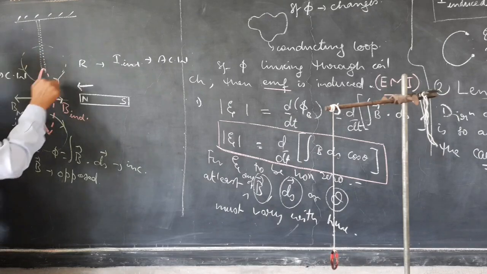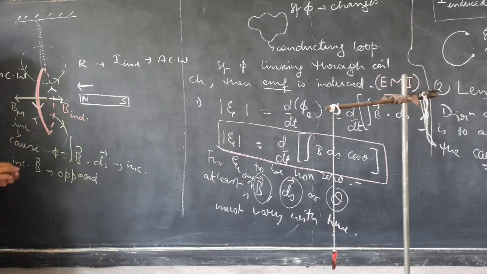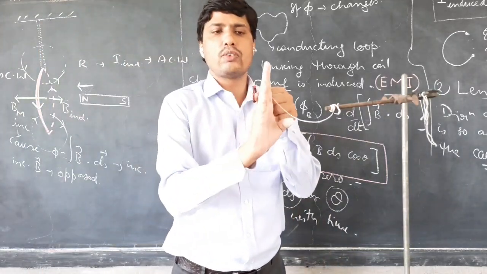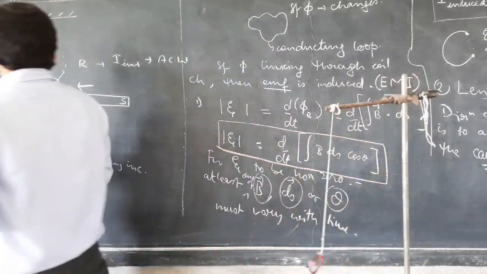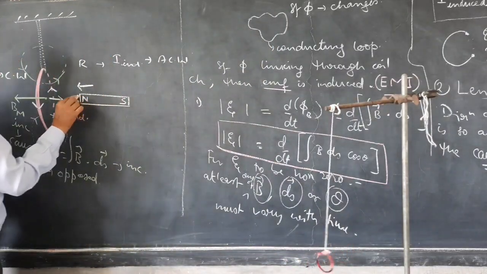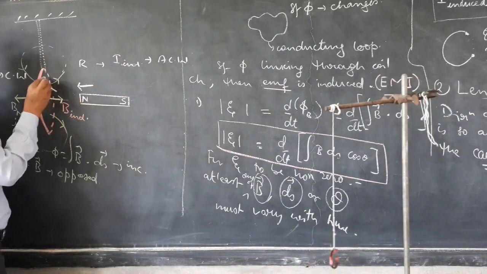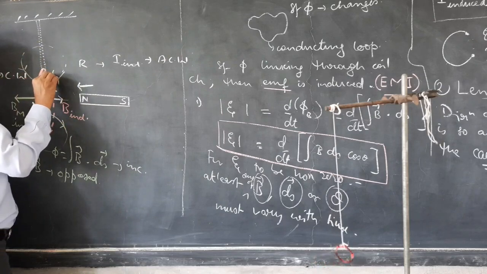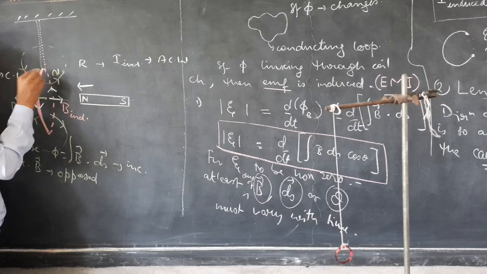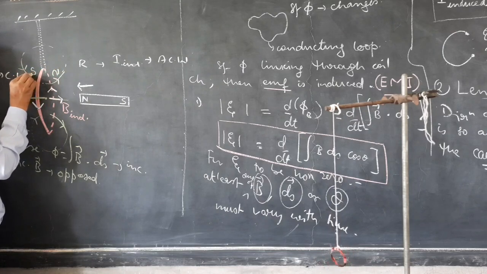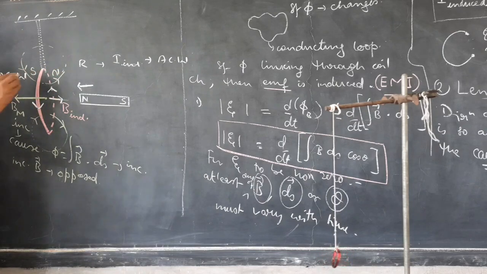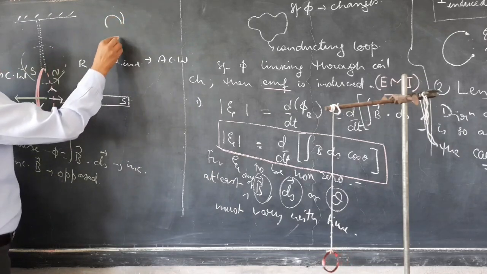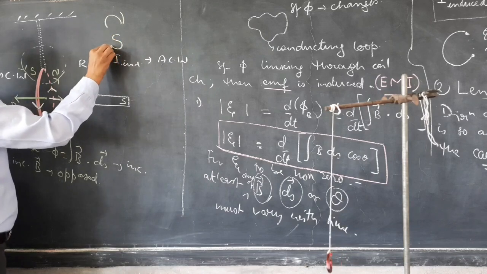Now, if you see this pattern carefully, we can say that that coil, suppose this is the coil, it has two faces. One face is this side, one face is this side. So just like in bar magnet, the magnetic field lines are like so. We say this is the north pole. So here the magnetic fields outside the coil is like so. We can say this side is like north, magnetic north, and this side is like magnetic south. And very easy way to remember, north I can write like so, south I can write like so.